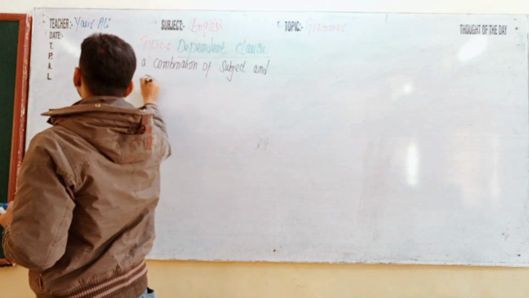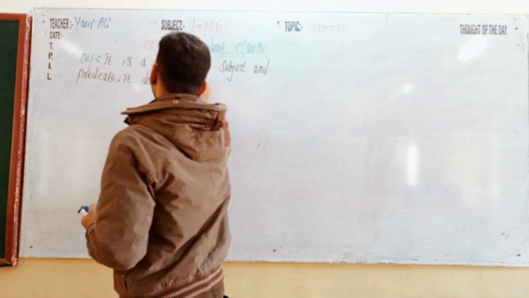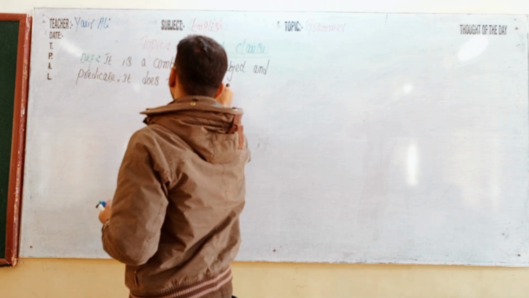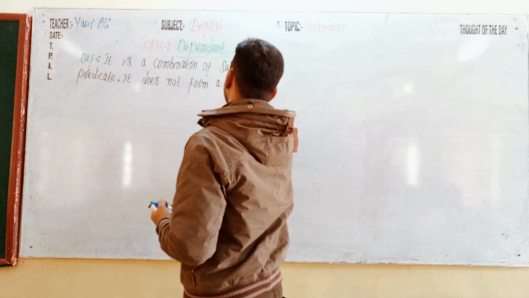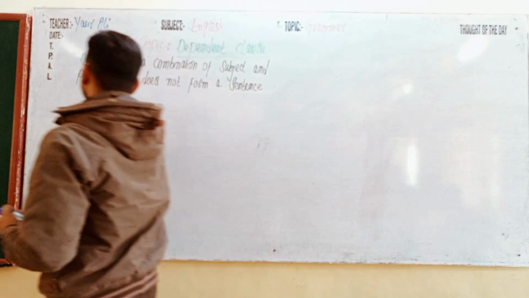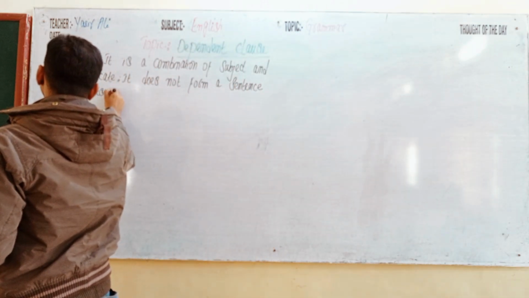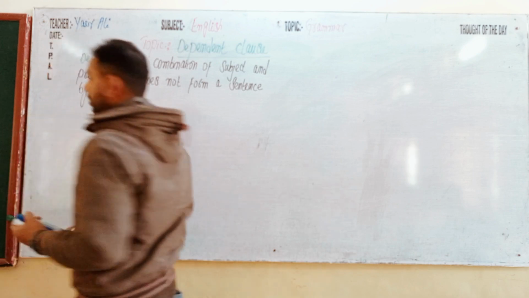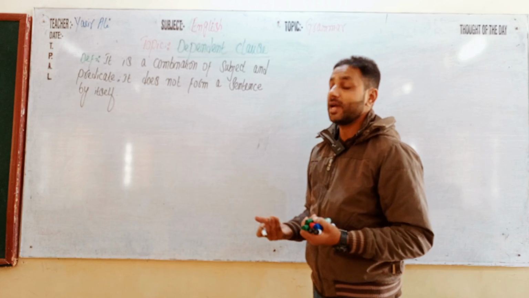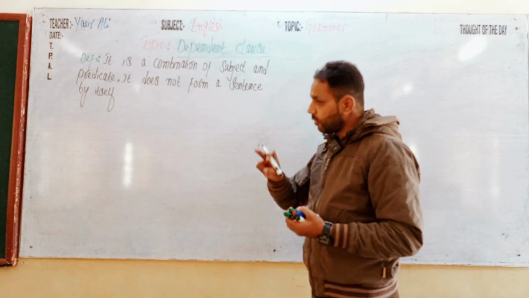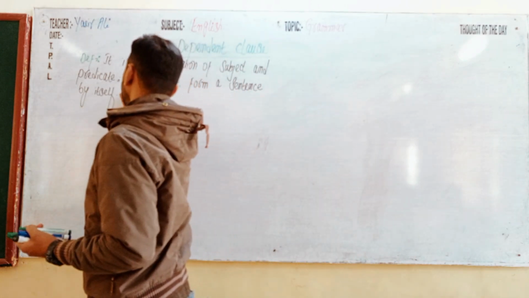It does not form a sentence by itself. It is totally unlike an independent clause that forms a sentence by itself, and it cannot. What does it mean? It means